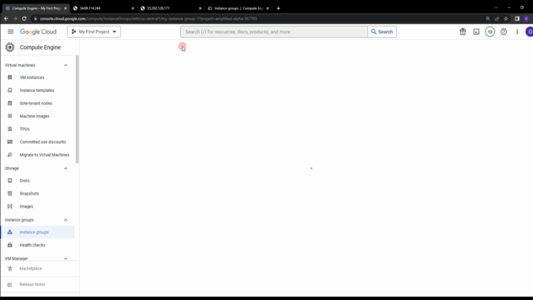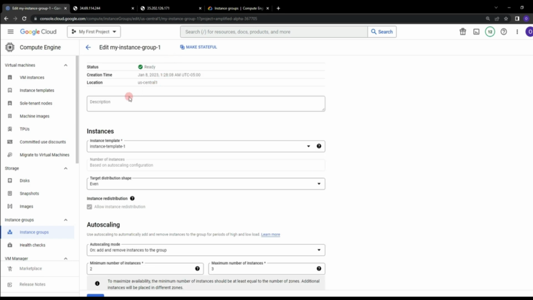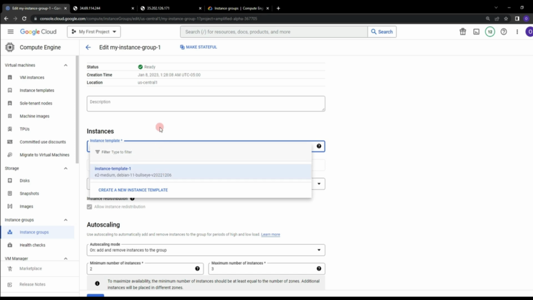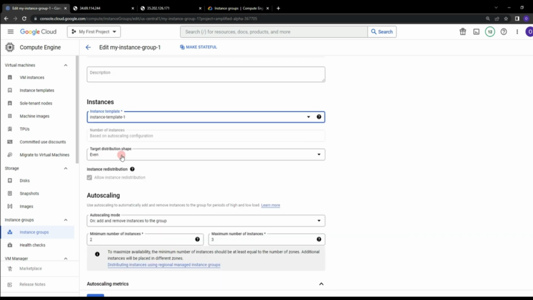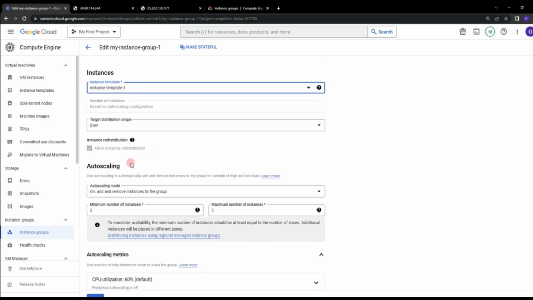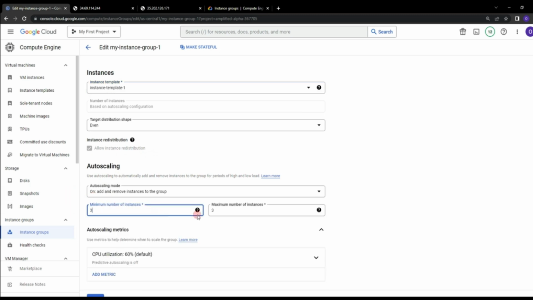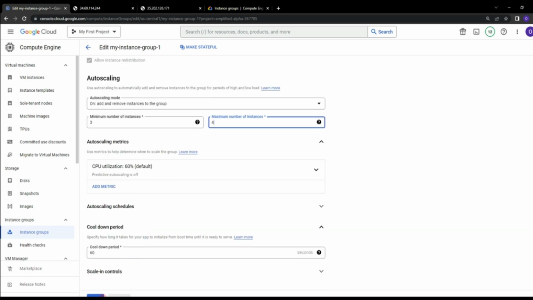If you click on edit, you can see there are several things that you can edit. For example, you can choose a different instance template if you have one. You can also configure target distribution shape. You can also configure the auto scaling. You can also change it. For example, let's say we want some minimum number of instances, and let's make it maximum number of instances. And if you click on save,